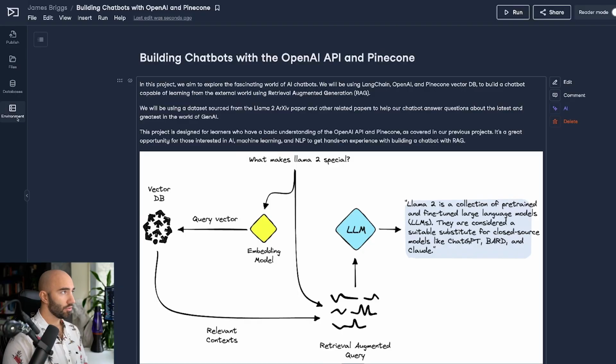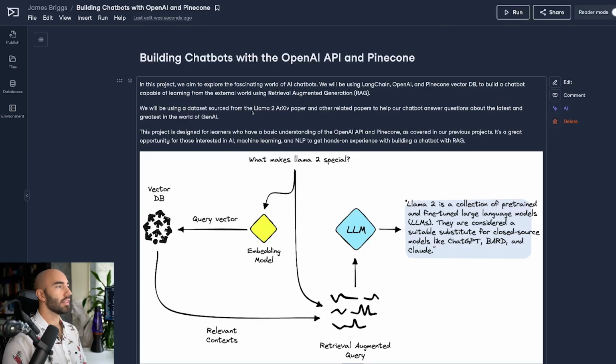In this project, we aim to explore the world of chatbots that are able to get information from the external world using RAG. Now, you've already learned about Pinecone and RAG, and what we're going to do in this session is pair that with essentially conversational memory, which allows us to talk to the chatbot, reference previous messages, and have more of a fluent conversation rather than just a single query that returns information for us at any one point. Okay, so let's jump straight into it.